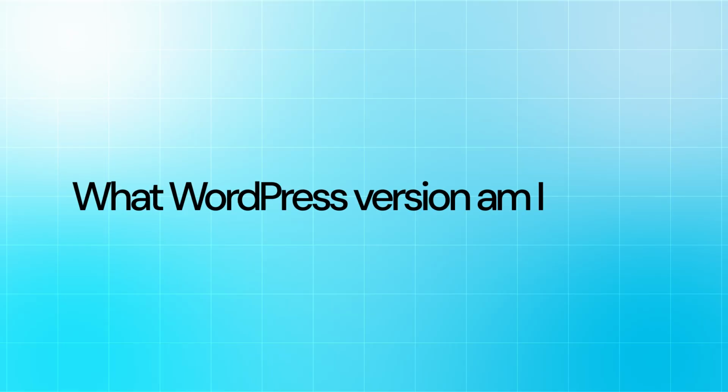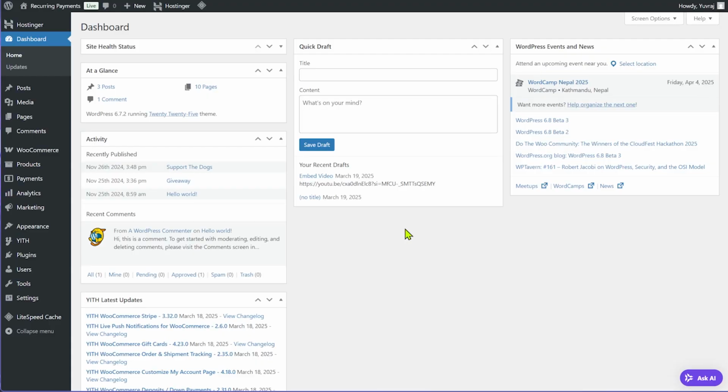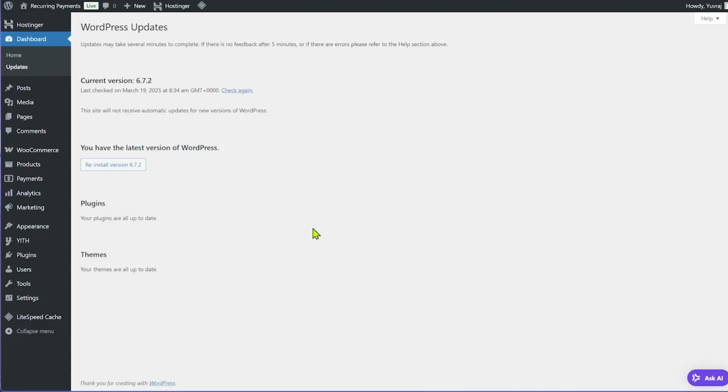The next common question I see about WordPress is a very simple and technical question. It says, what WordPress version am I using? Well, it's very easy. All you have to do is just go to the dashboard of your WordPress website and click on the dashboard. You'll be taken inside the dashboard, and somewhere on that screen, you'll see what WordPress version you are using currently. It's very simple. I'll put a screencast on the screen so you can actually see what I'm talking about.